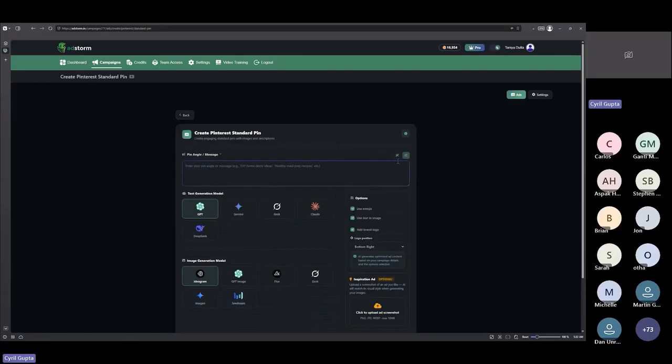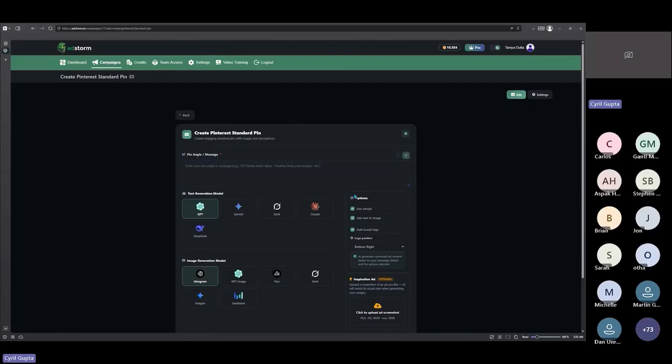So again, I want to remind you that Adstorm takes away all the pain from online advertising. When you get started, the first thing you always look for is angles. What should you say in your ads? What should your ads be about? So you can either come up with angles yourself if you want to, or let Adstorm make it easy for you.